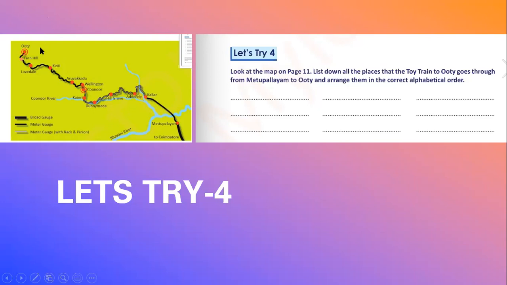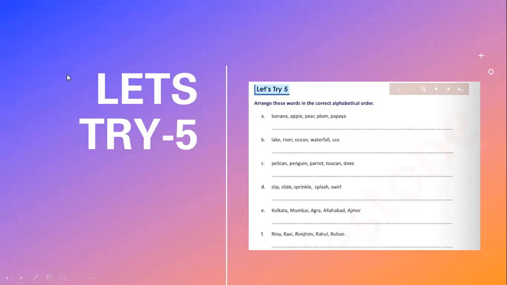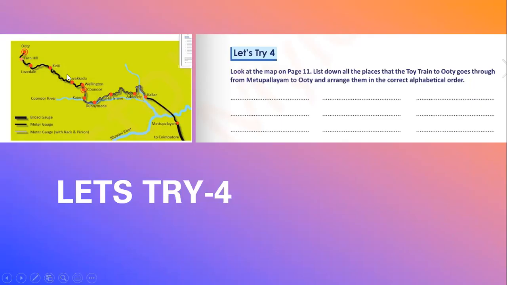Now D, E, F. F we have Fernhill. G, no. H, Hillgrove. I, no. J, no. K, we have Kallar, Kateri and Ketti.